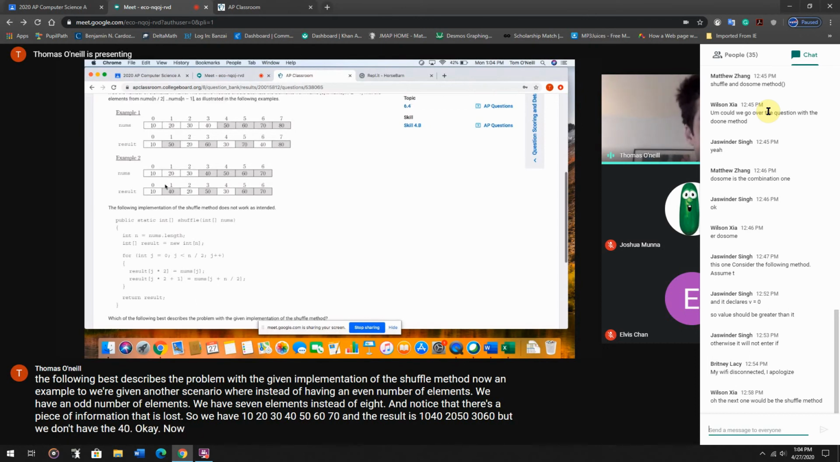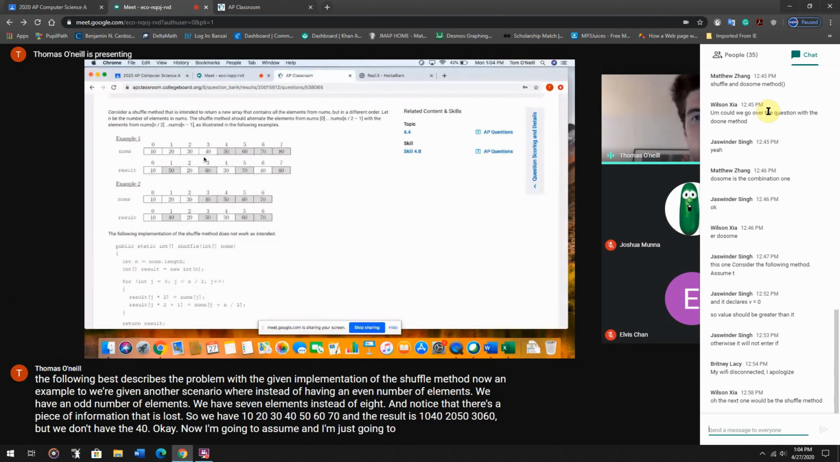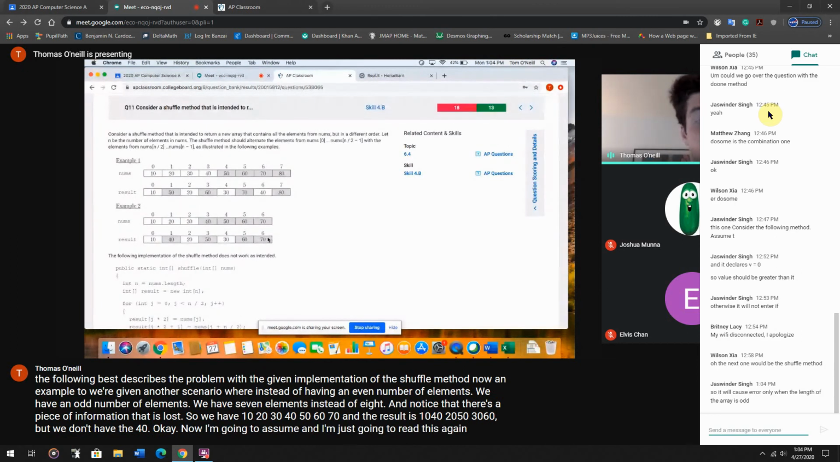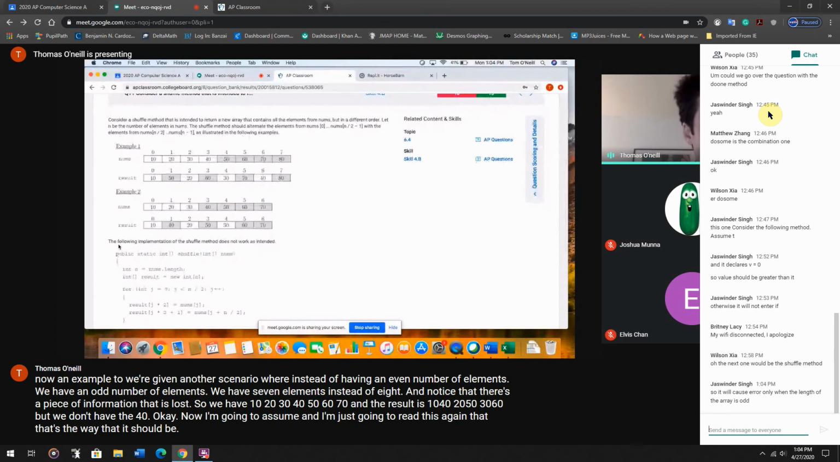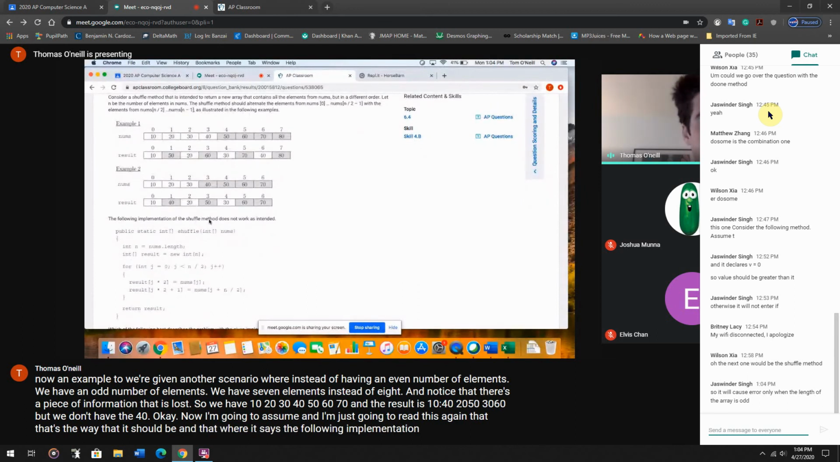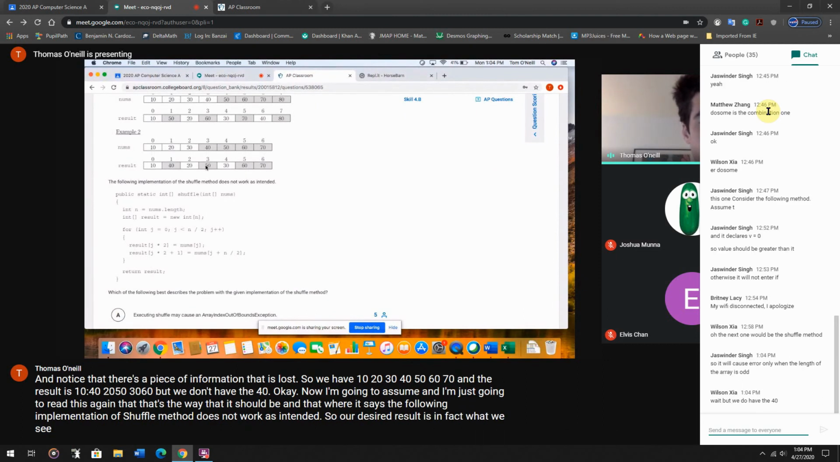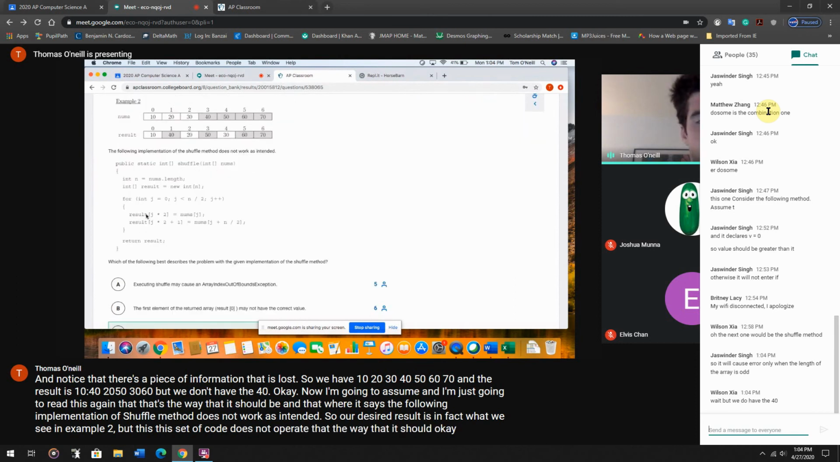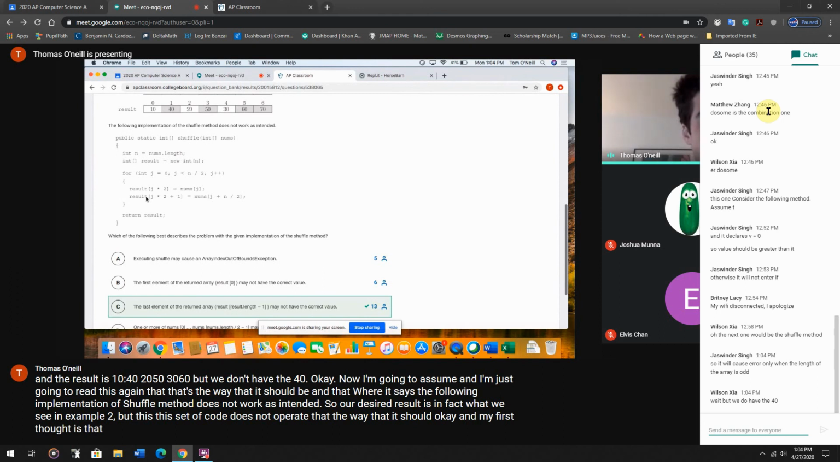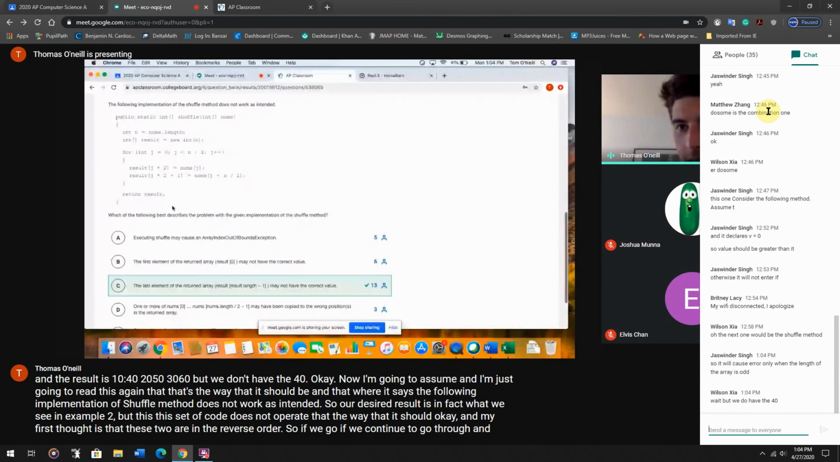Now, I'm going to assume, and I'm just going to reread this again, that that's the way it should be, and that where it says the following implementation of shuffle method does not work as intended, our desired result is in fact what we see in example 2, but this set of code does not operate the way that it should, okay? And my first thought is that these two are in the reverse order. So if we continue to go through, and somebody's made a comment,